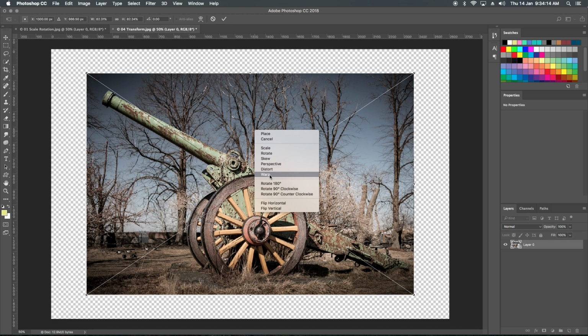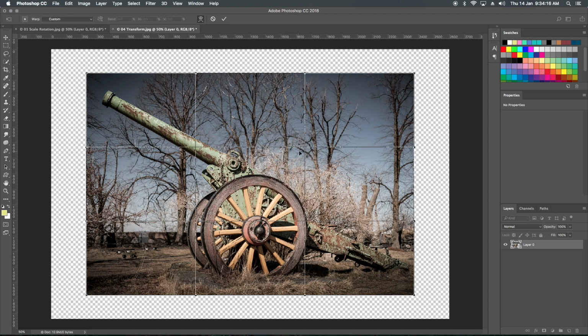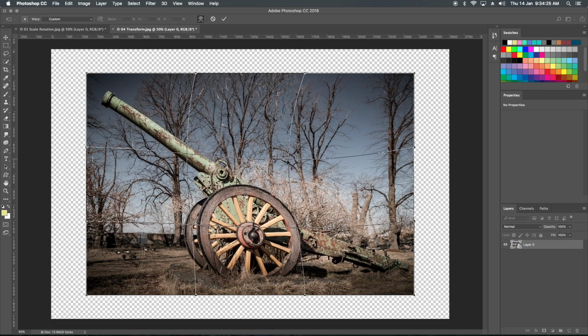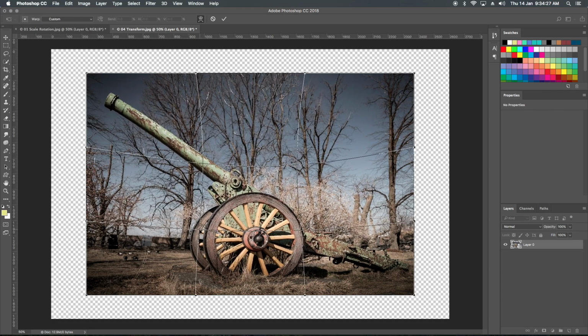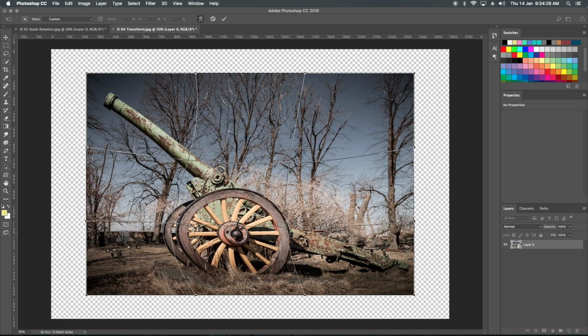And the last is wrap. So if I come to wrap, it changed this image to a grid, and now I can even change the grid points to move the images. Sometimes you need to make a flag, the cloth and all.